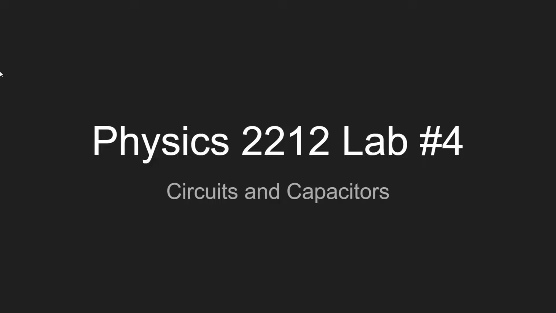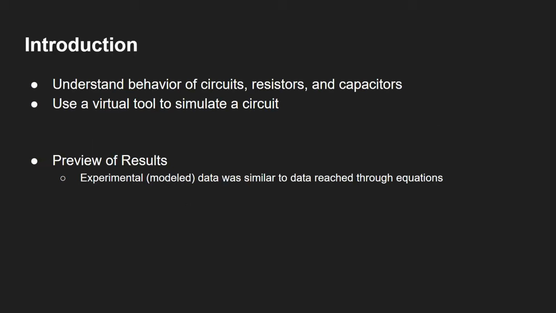This is Physics 2212 Lab 4 going over circuits and capacitors. Now in this lab we will be understanding the behavior of circuits, resistors, and capacitors, and we will be using a virtual tool to facilitate this. And a preview of the results, we get that the experimental model data is similar to the data reached through